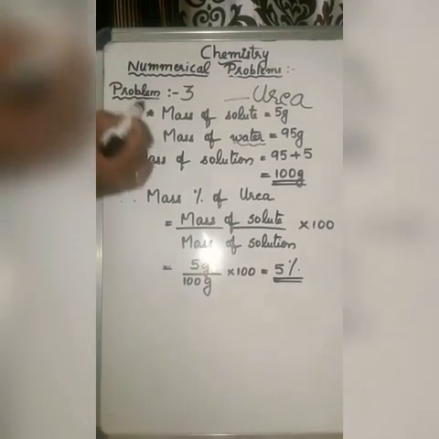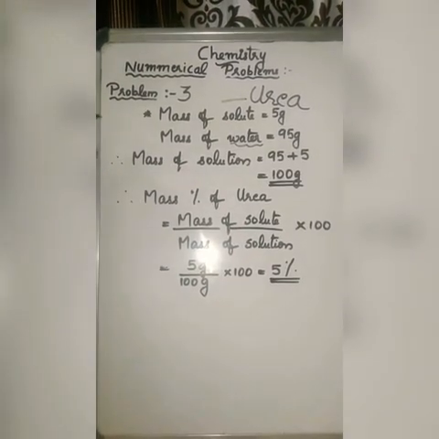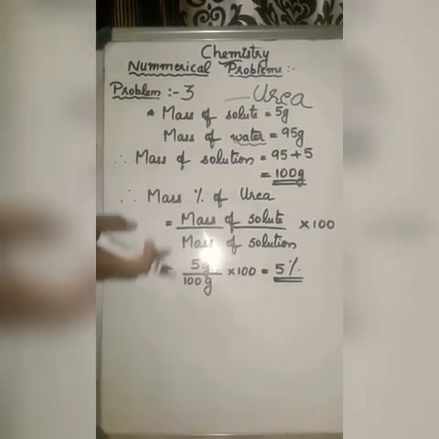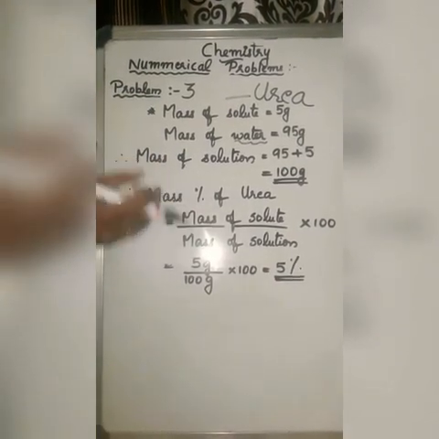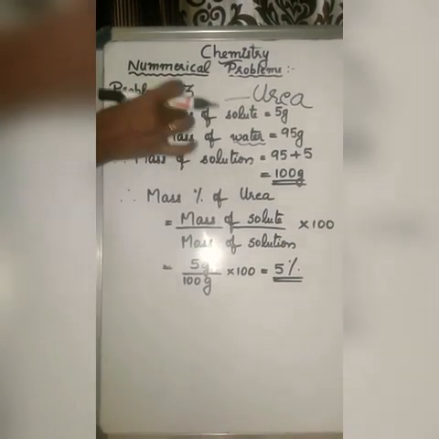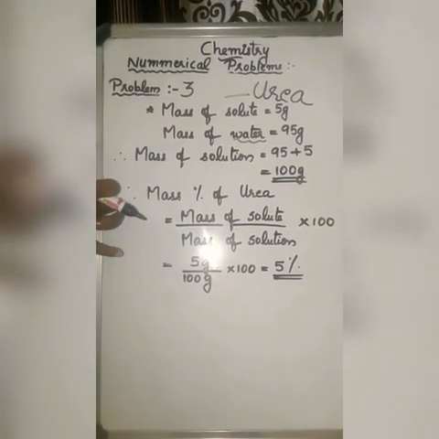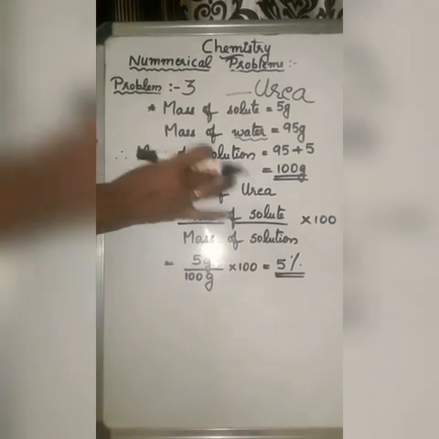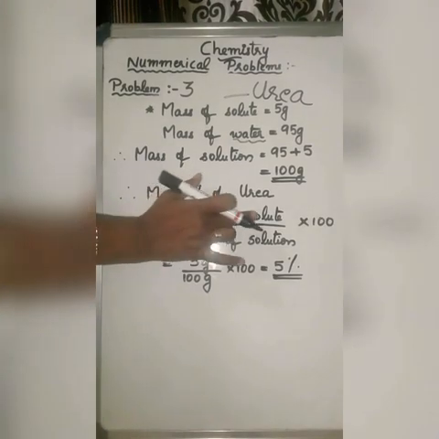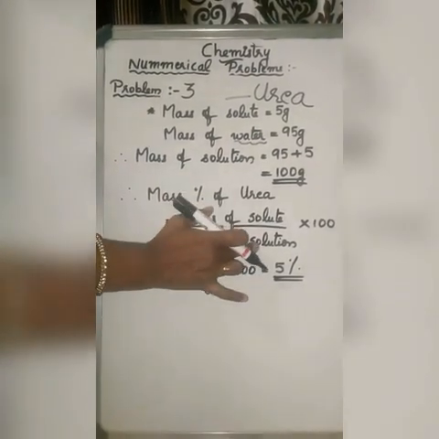So students, depending on the term given in the problem, you want to select the respective equations. 3 equations we studied and we discussed 3 types of problem. So depending on the terms, select the equation and substitute the values. If simply it is given mass percentage of the solution, substitute in this equation mass of the solute divided by mass of the solution into 100.